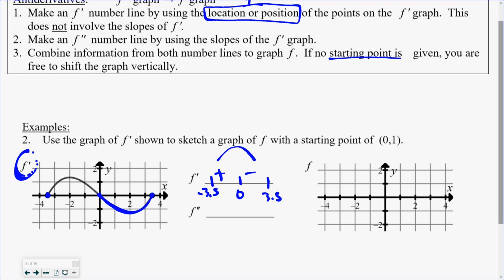Okay, let's try the f double prime number line. Now we're looking at the slopes of f prime. So let's look at the slopes. At negative 3.5, if we want to estimate that, I don't know. What does that look like? Maybe,